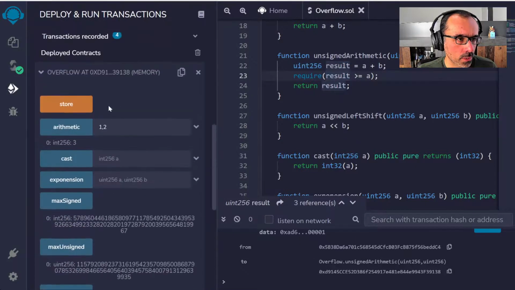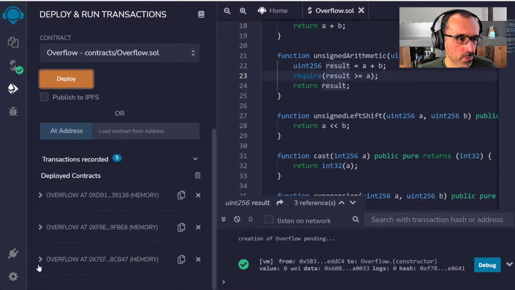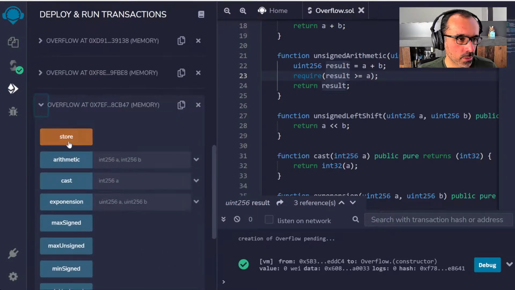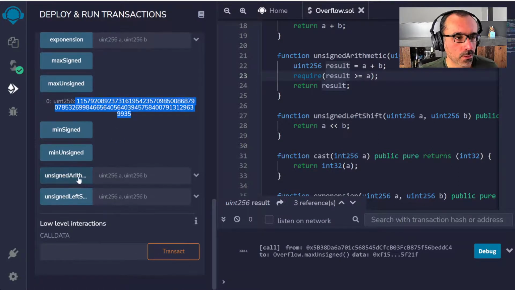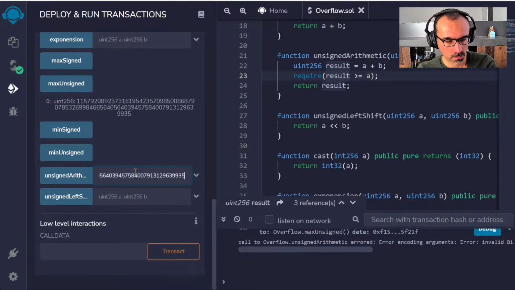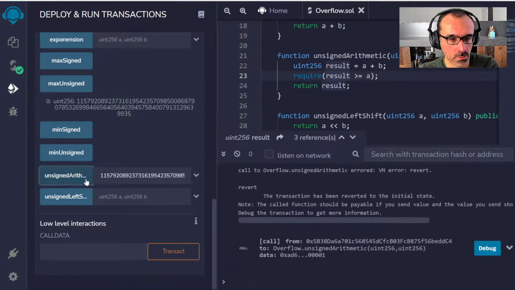Right, let's go and deploy this function. So this contract is the third instance of this contract, and I'll get my max unsigned value out. Okay. Let's just try to add an overflow.